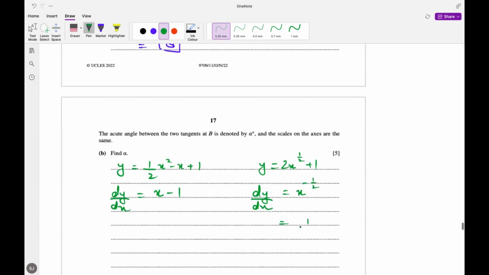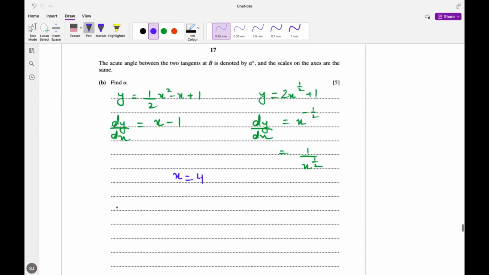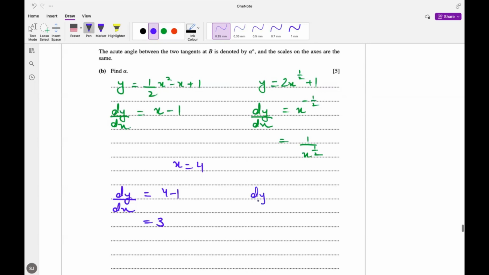And we can write it as 1 upon x to the power 1 upon 2. Now using x equals 4 as they're intersecting at the point x equals 4, the gradient for the first equation will be equal to 4 minus 1, which is 3. And the gradient for the second tangent will be 1 upon square root of 4,